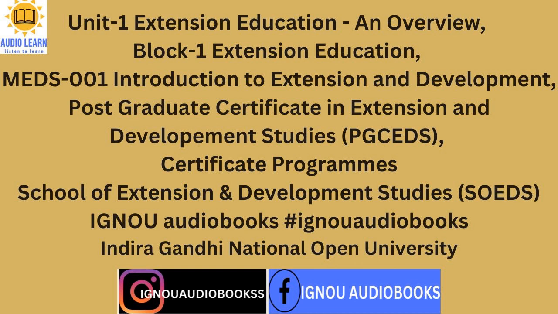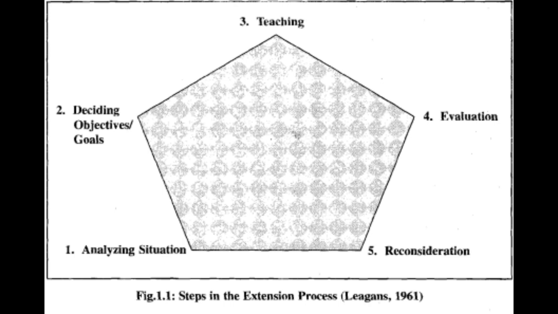7. The whole family principle. Extension work will have a better chance of success if the extension workers have a whole family approach instead of a piecemeal approach or separate approach. Extension work is therefore for the whole family, i.e., for adults and the youth. 8. Principle of cooperation. Extension is a cooperative venture. It is a joint democratic enterprise in which people cooperate with their village, block, and state officials to pursue a common development cause.